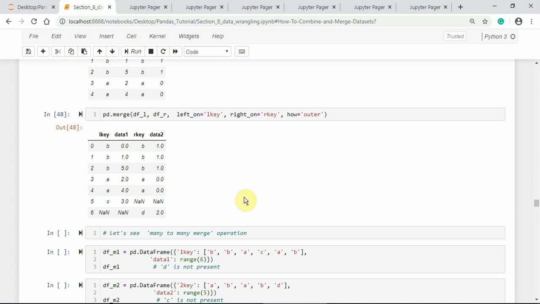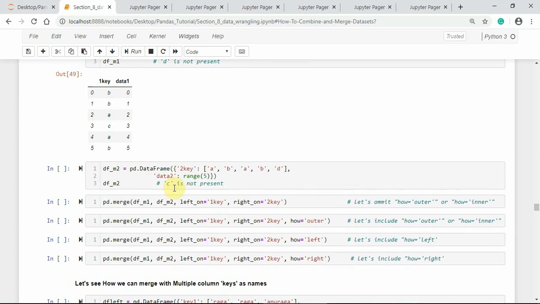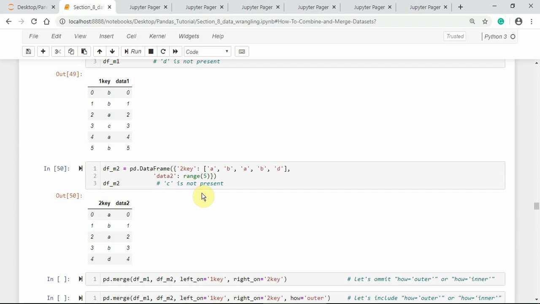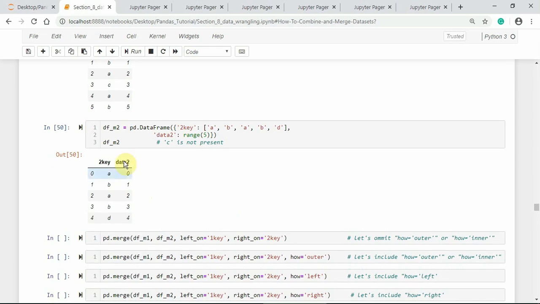Just now we saw the many to one merge operation. Let us see the many to many merge operation. Here I am creating two data frame objects to show how the many to many merge operation works. In the data frame df_m1, D is not present, and in data frame df_m2, C is not present.